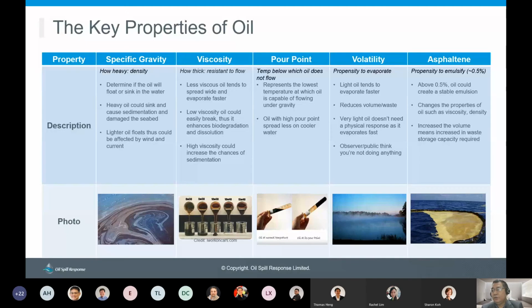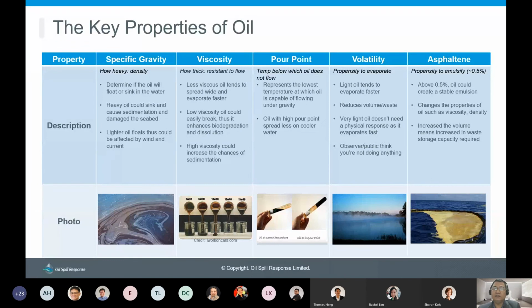The next property we will be talking about is volatility. Volatility is the propensity to evaporate. Okay, so light oil tends to evaporate faster and cover a large area. But when the oil is evaporating,